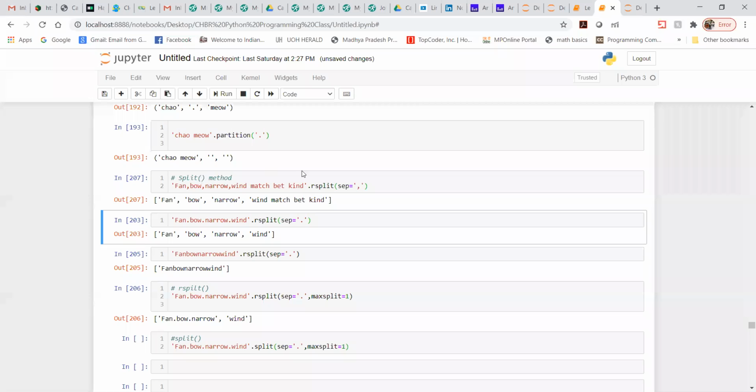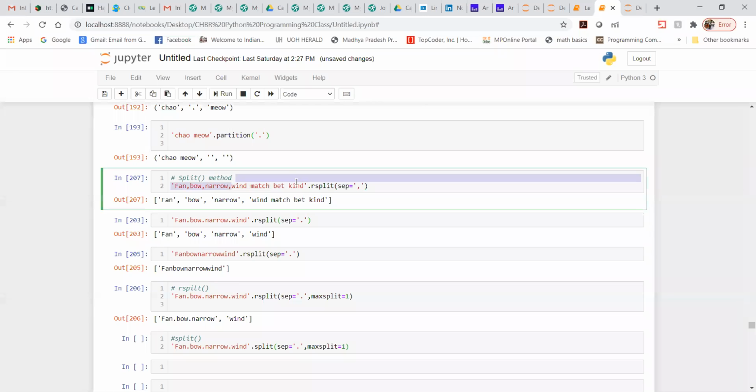Now look, why do we need to specify the separator? You can see the example here. If I have specified the separator comma, then this particular part till here is going to work. Till the point the method finds a comma, at that point it will perform the split. But after that, if it doesn't find any separator, it is not going to split. You can see we are not splitting this into anything. So this is the difference, and why we need to specify the separator.